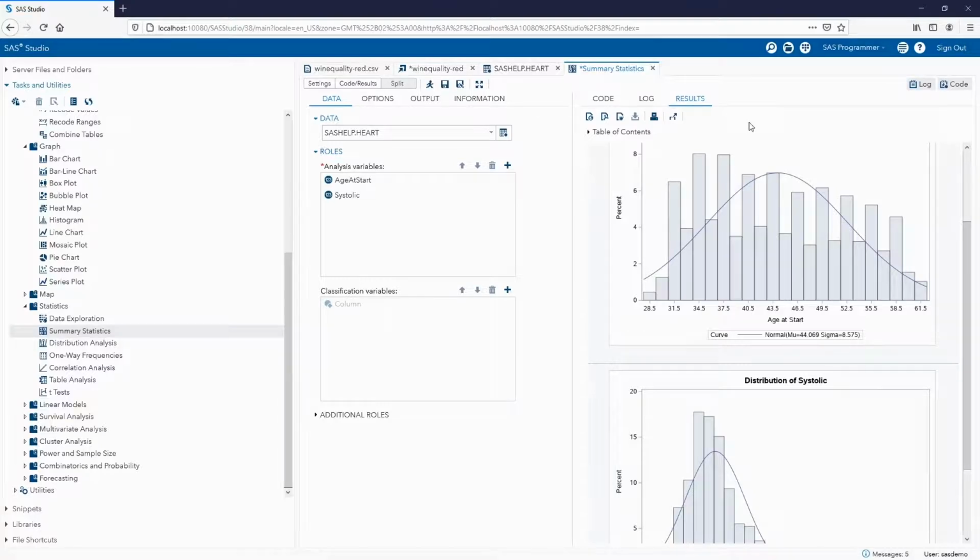So we've superimposed the normal density curve over the age at start histogram plot. And you can see that it does appear as if the distribution of the age at start variable is broader and flatter. Almost uniform, which is strange, but we will address that in a bit.